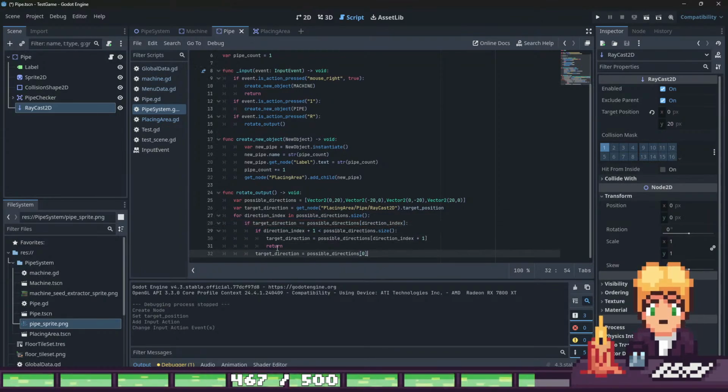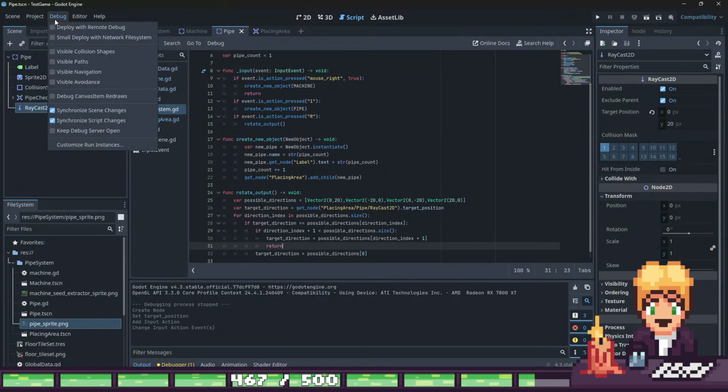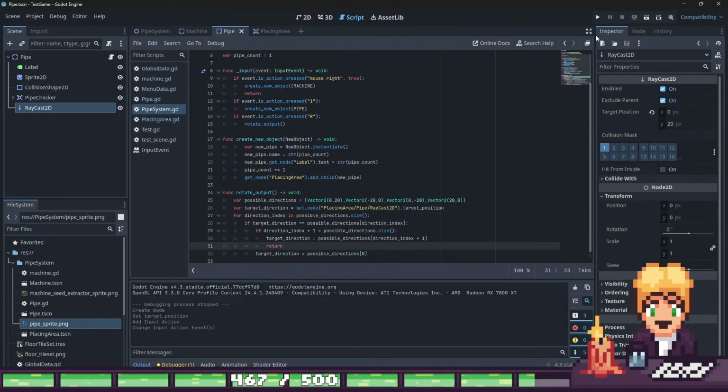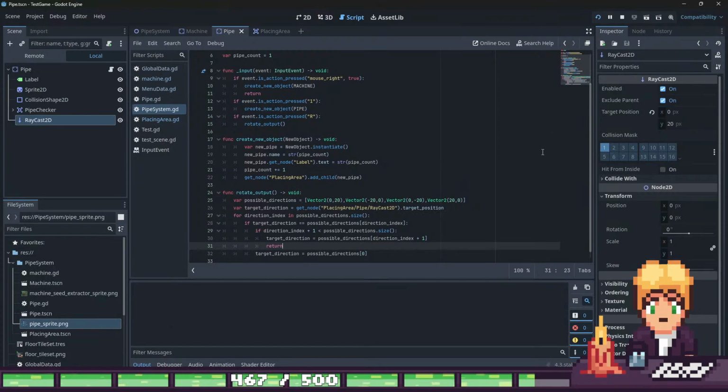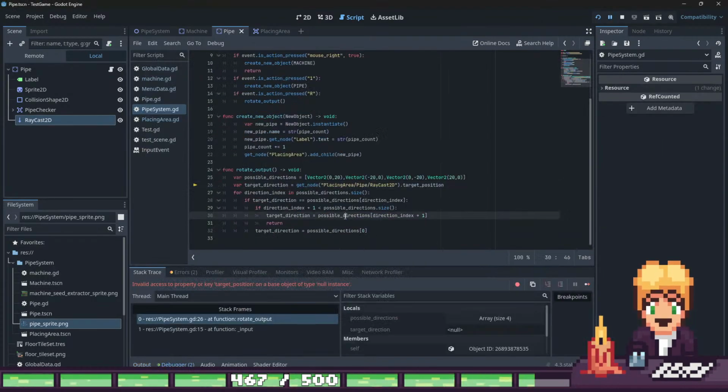So when we did everything alright, when we say debug visible collision shapes and we start it, and we choose pipes now as our placing object and we press R,